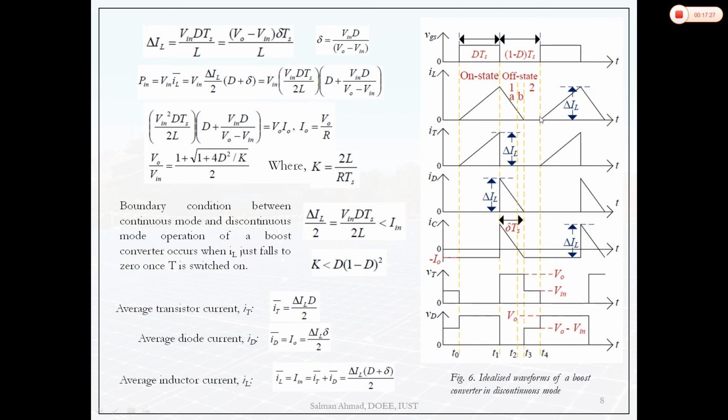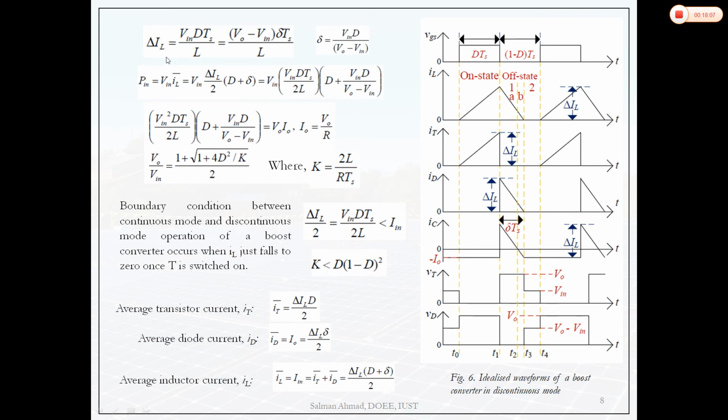Okay, so it is starting from 0 value again. So IT value will be nothing but IL during on state, and ID value will be nothing but IL during off state. Okay, like in the previous cases. IC you can see that it is nothing but IL minus I naught. Okay, so I naught value is shifted here. So you can see that during off state 2, the IC will become equal to minus I naught, because it is supplying the I naught constant current to the load. Okay, similarly we can find what is VT and VT from the figures.